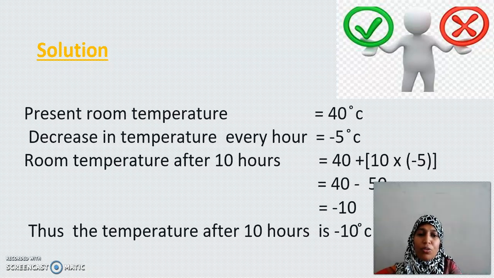Now let us get into the next real-life problem. Dear children, write all these things neatly. Always in maths, all equal to signs should come on the same line. It should not be here and there. You can fold up the sentence if it is bigger. These things you should keep in mind.